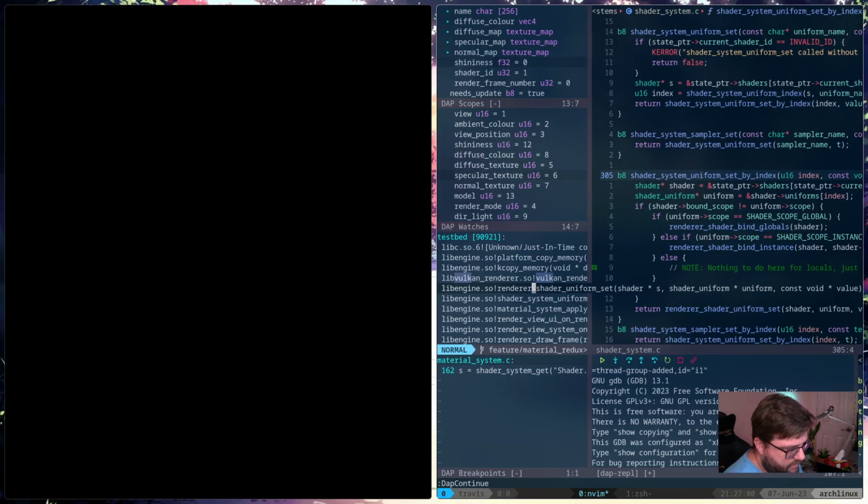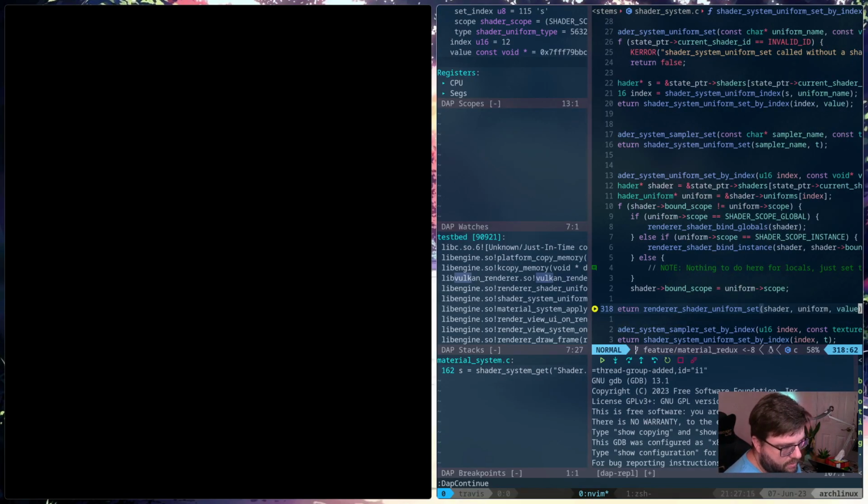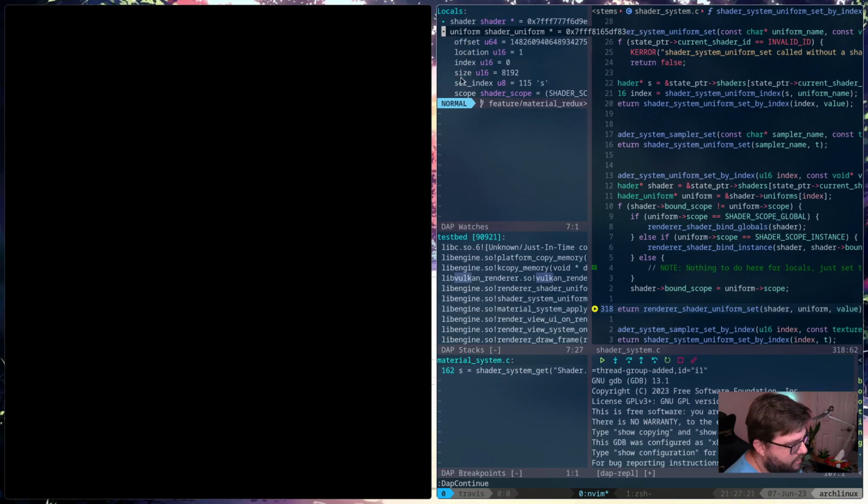So let's see. Set by index. So we proceed through this. Shader, the uniform.